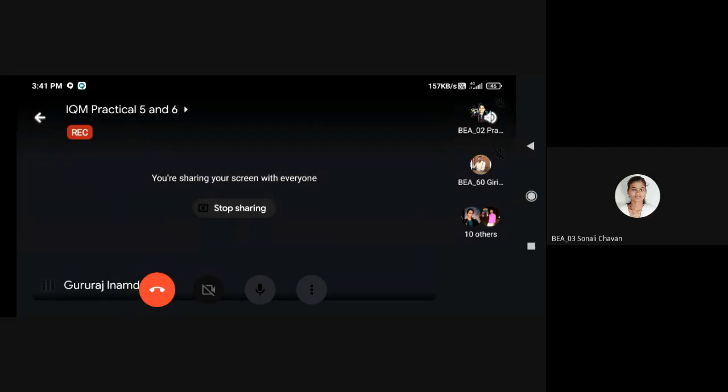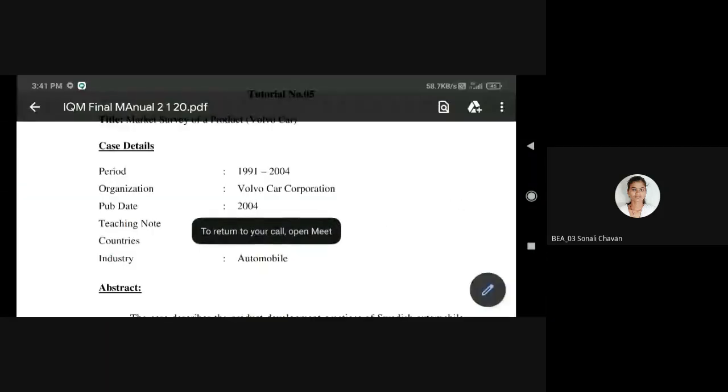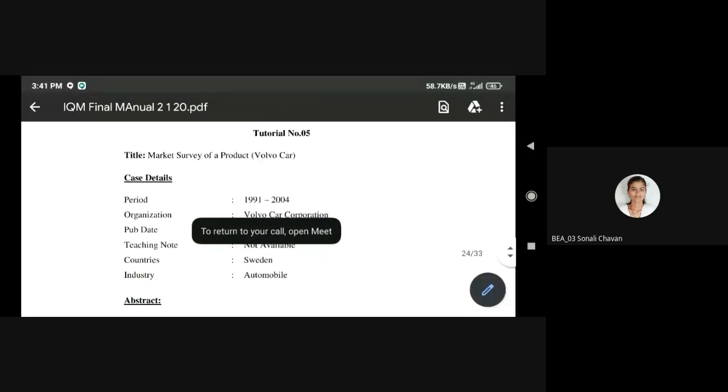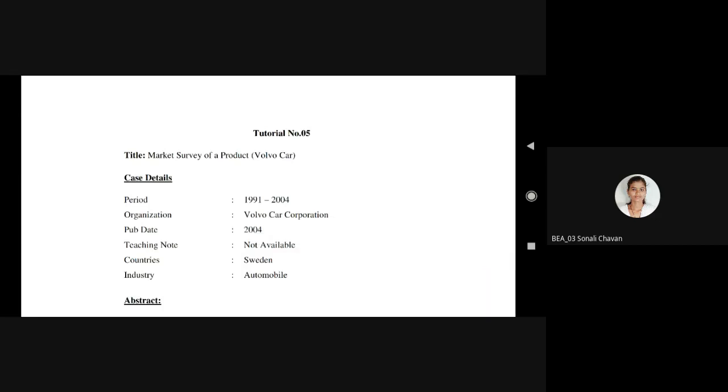Okay, like that product. Now we have to find out who is a customer. Suppose pain related, medical related products are there. Is it right? Then where will its advertisement be? So we have to find out first of all who is our customer, how to reach the customer. So that is a very important factor. So in this practical we have to do the market survey.